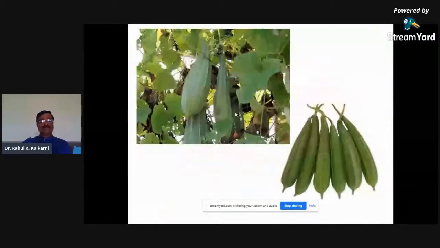If you can see, these are the images of this Krutavedana, and generally we call it ridge gourd, or hirekai in Kannada. We use this as a vegetable, and it becomes vamaka with processing and kalpa conditions, and all those kalpas we are going to discuss in the coming shlokas or slides.